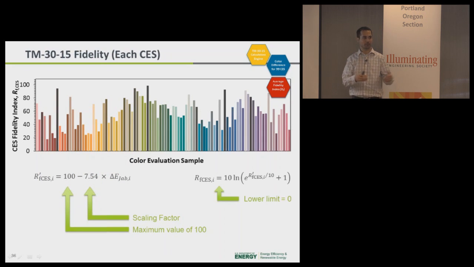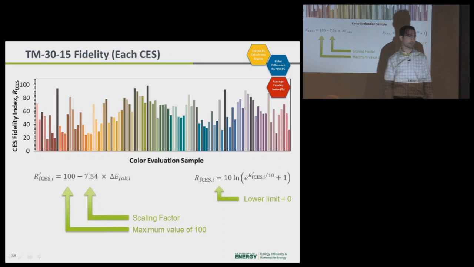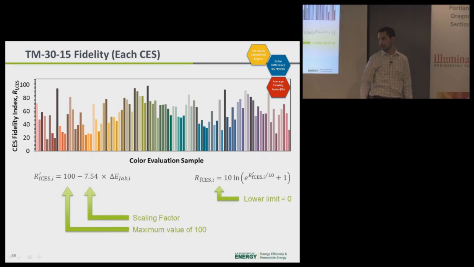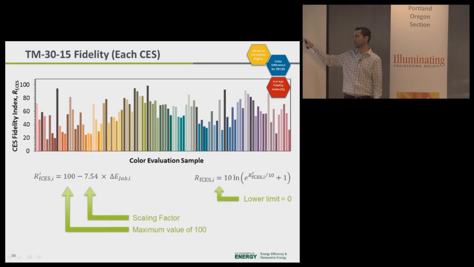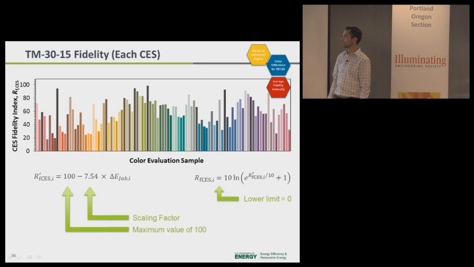From that, we can calculate for each of those 99. So we have each of those color differences for each point. Same process as CRI. We scale it and subtract from 100. And then again, that logarithmic transformation there to set the lower limit at 0. Pretty irrelevant for most things. But you can see we have 99 now